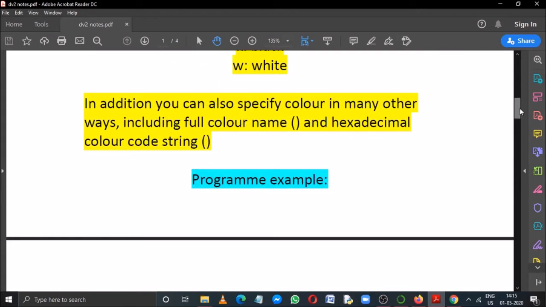Now, in addition, you can also specify the color in many other ways, including the full color name and the hexadecimal color code string. So I'll come to them one by one.